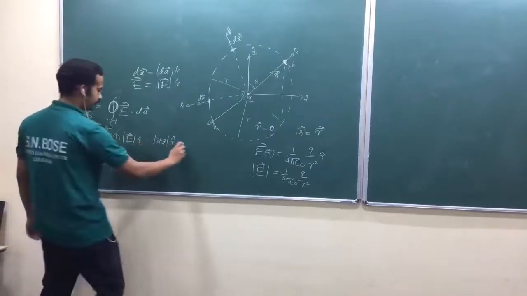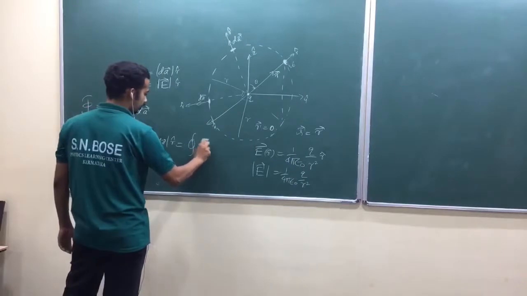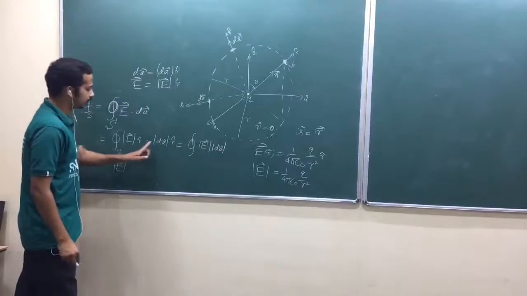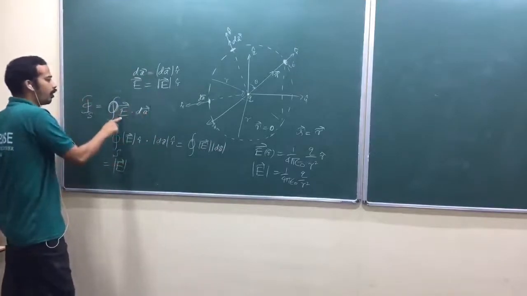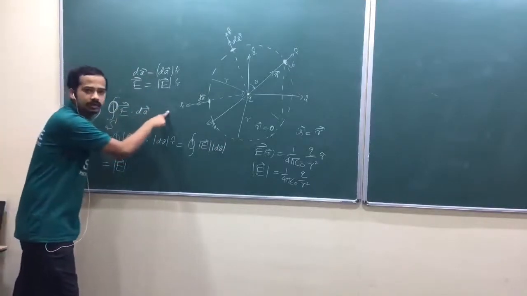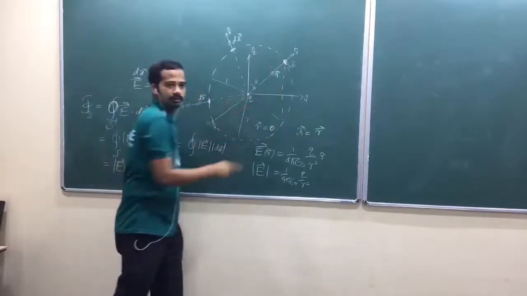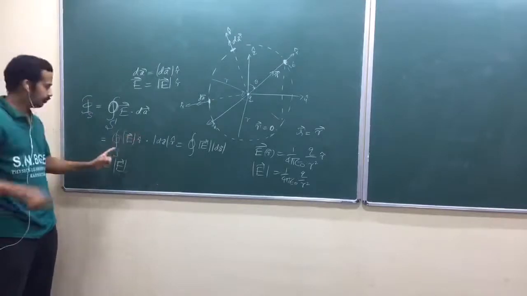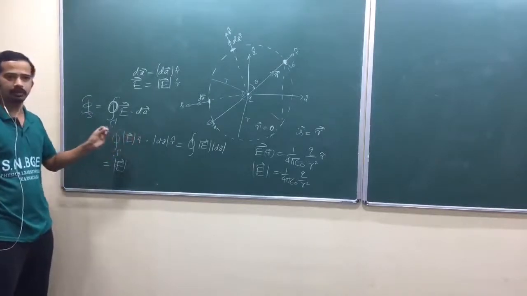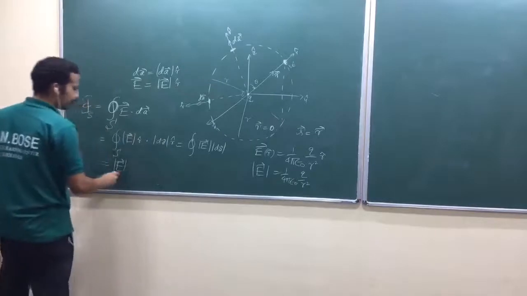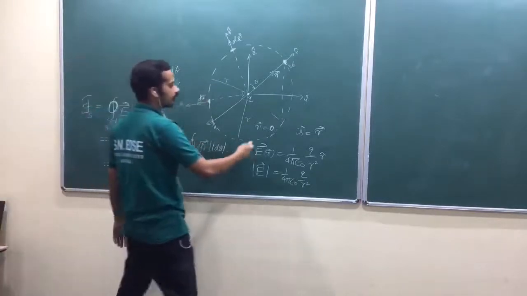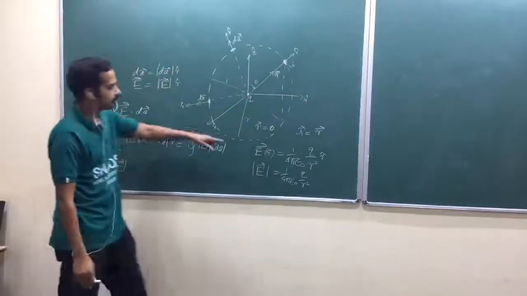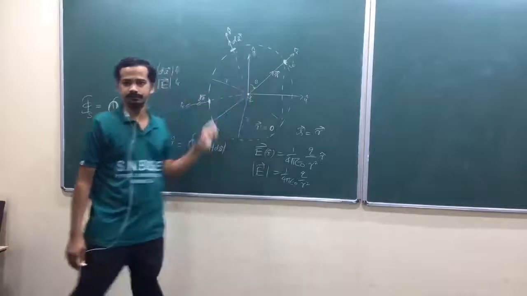So when you take the dot product, that becomes mod E into mod dA. Or you don't have to think about this r cap. You can just think about mod E mod dA cos theta. So theta equal to 0. Look here, everywhere the angle between dA and the electric field is 0. You can write like that also. But I prefer coordinate geometry, okay, most general. Now look here. So mod E is constant. Your electric field magnitude is constant throughout this surface. Am I right? Obviously, each and every point is at the same distance from the charge, isn't it?